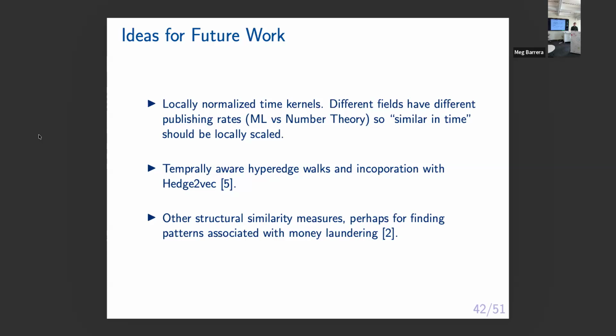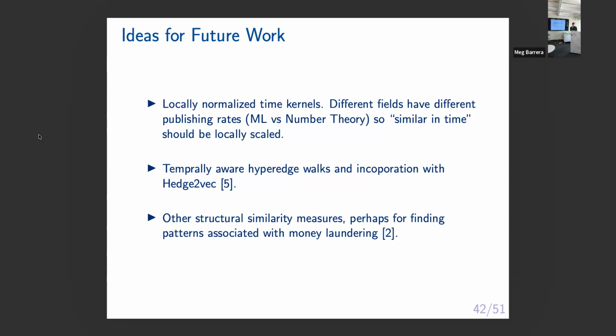The rate that papers are published in machine learning is extremely different than the rate in number theory. This approach right now, we only have one time kernel parameter option. So we maybe can't tune it to fit well on the machine learning timescale and also well on the number theory timescale at the same time. So some sort of locally aware time would be interesting.